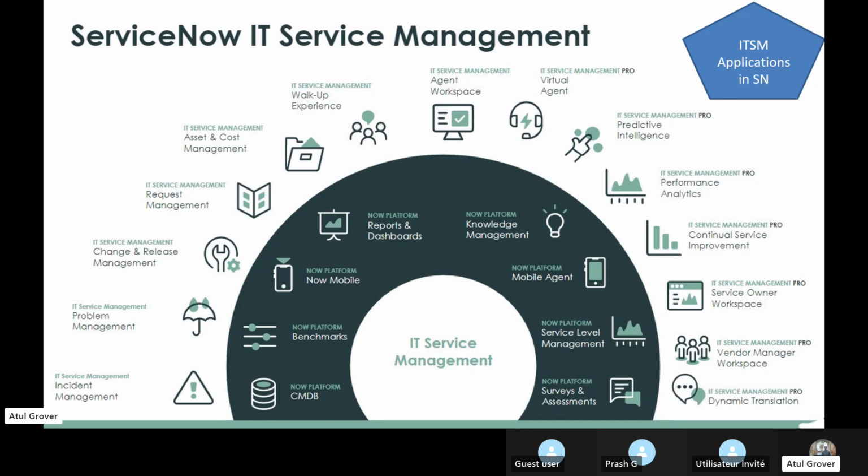Now, ServiceNow IT service management. I know it's a repetition of what we have discussed, but to take you up to the level. ServiceNow provides mainly two types of products: standard, and pro or enterprise.